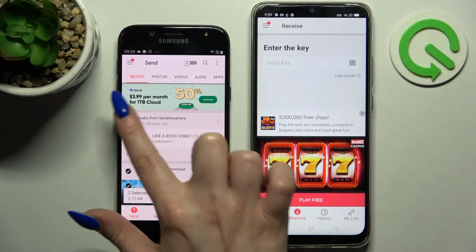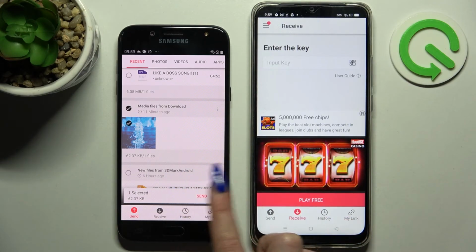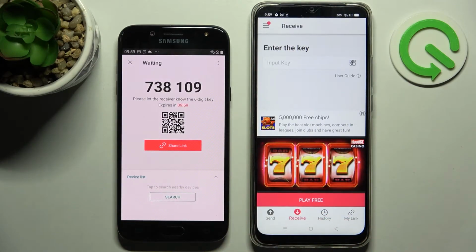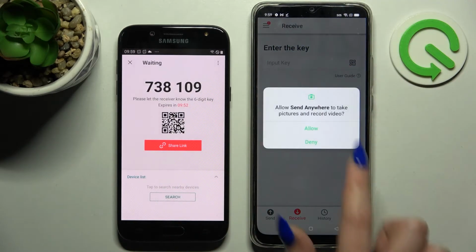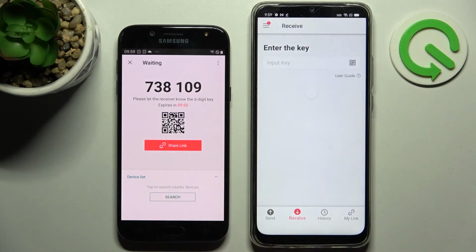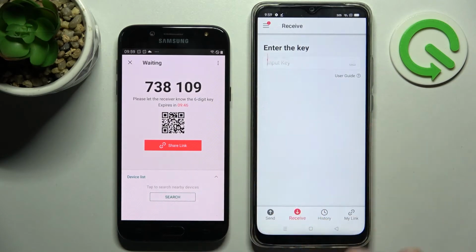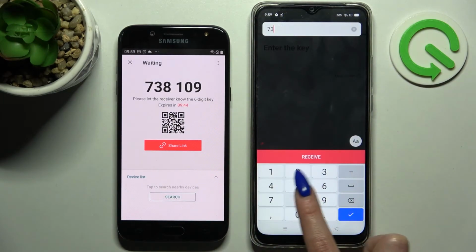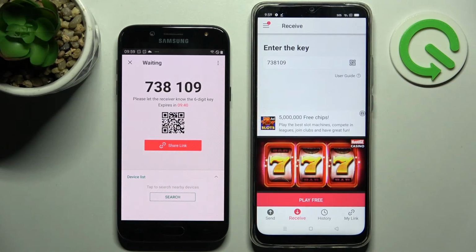But it will take a long time, so I will go with only one photo, tap on send and click on get it only for example. As you can see from here, we have two ways to connect. We can scan QR code by tapping on the scanning icon on Oppo, choosing allow and pointing our camera at the code, but we can also just input this key here and click on receive. And now after a couple of seconds, as you can see,